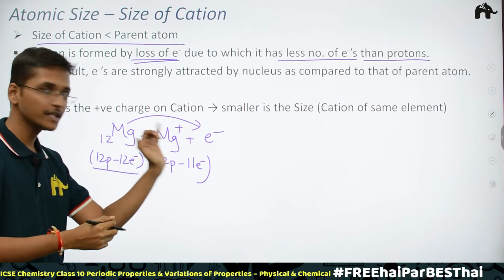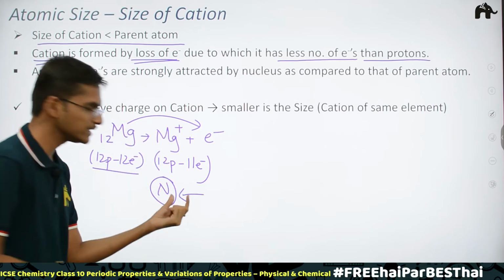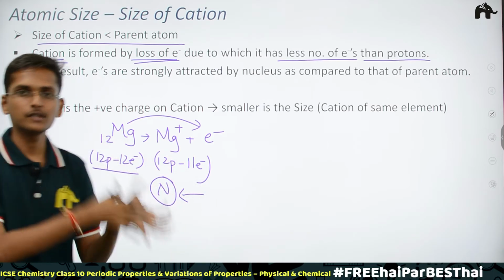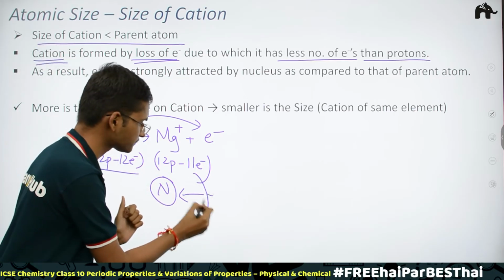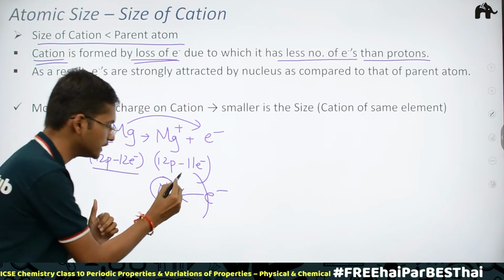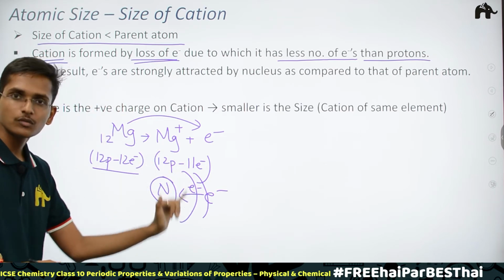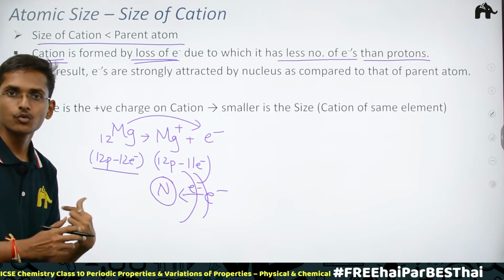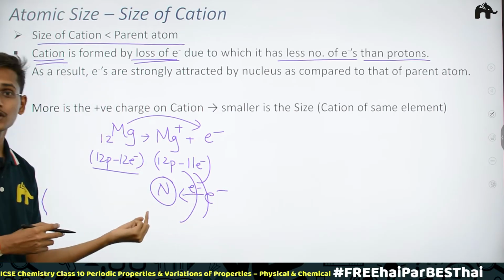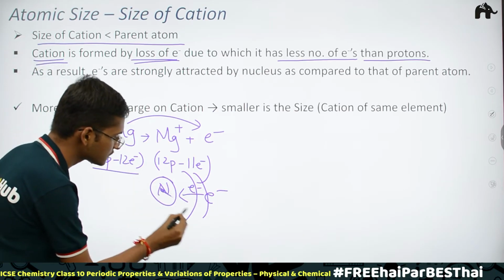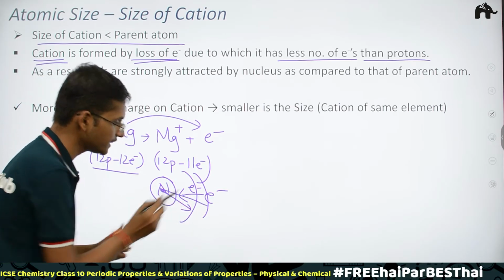In the case of Mg+, 12 protons are present in the nucleus, so the nucleus is now pulling the electrons with more force. If these electrons are attracted with more force, they would come closer. If these electrons are from the outermost orbit, they are also attracted with more force, so they would come closer, and the outermost orbit came closer. So now the distance from the center of the nucleus to the outermost orbit is less as compared